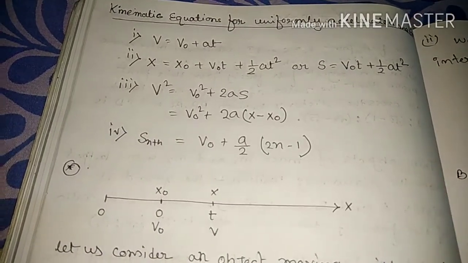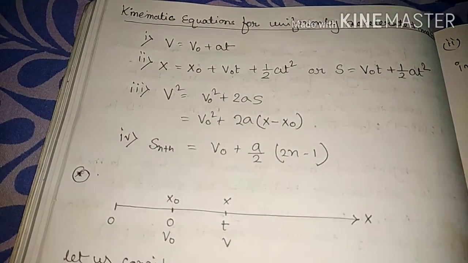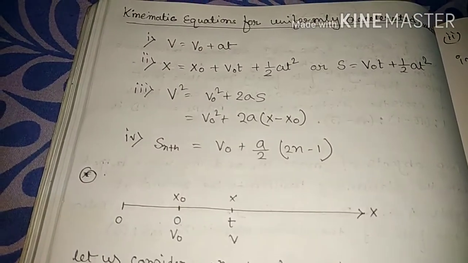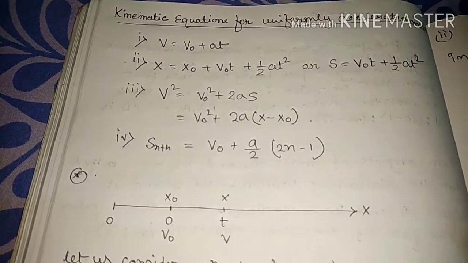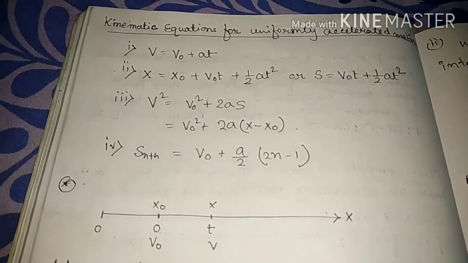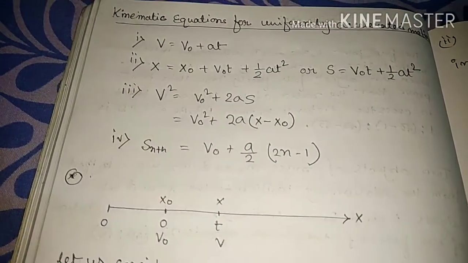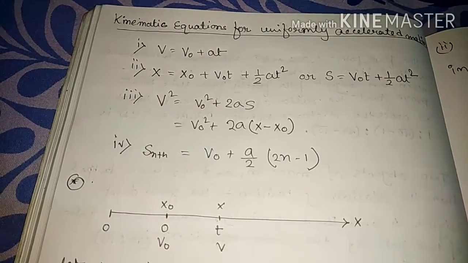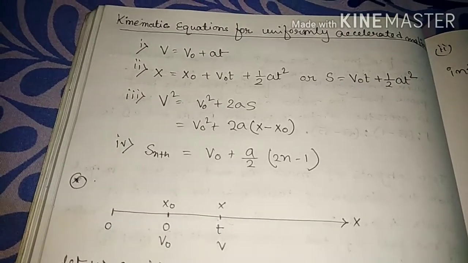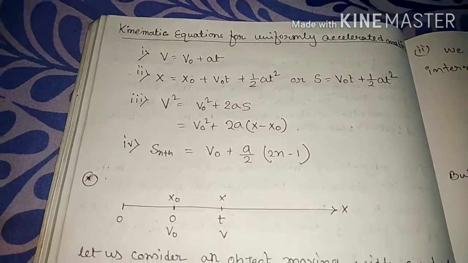First, when you understand the definitions of velocity and acceleration, then using kinematics, how can you prove the 4 equations of motion? Because these equations we sometimes use to solve numericals. That's why it is very important to understand how to derive or prove these equations. So let's start with the first equation of motion.